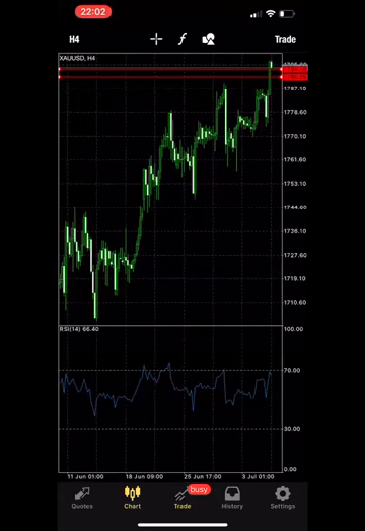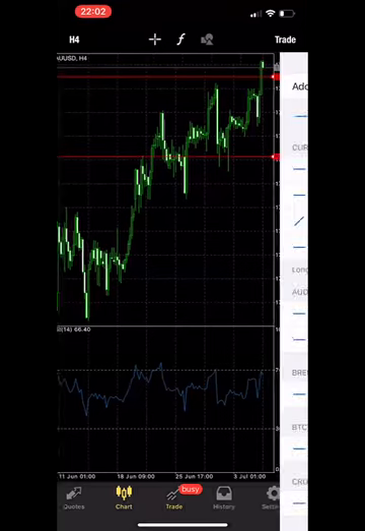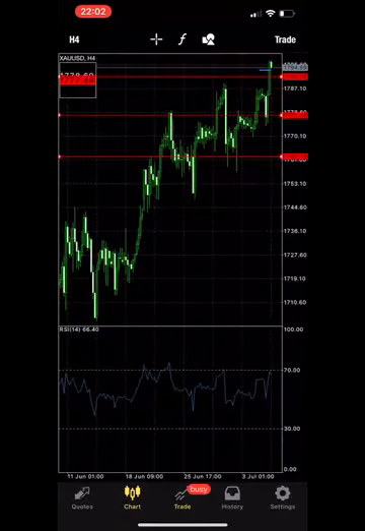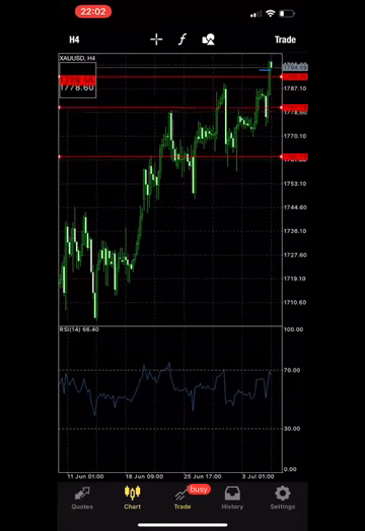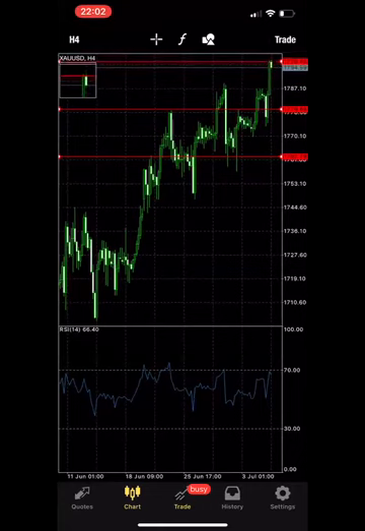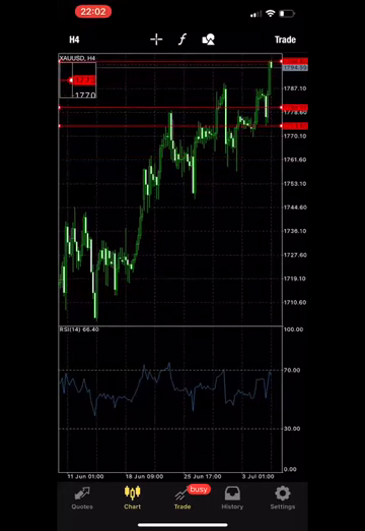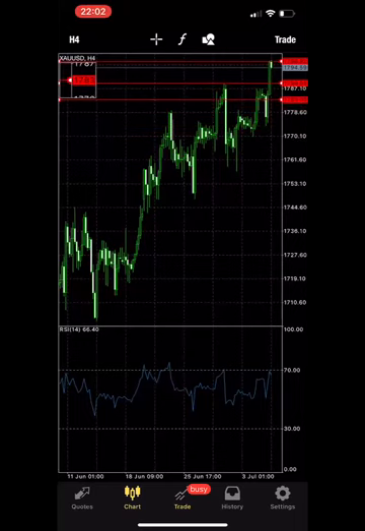Once again, let me show you another example, right? I enter the trade here. This is my entry point. The top red line is my take profit. The middle red line is where I entered. The bottom red line is my stop loss. So when this trade goes into profit here, I make my stop loss go to where I enter the trade here,